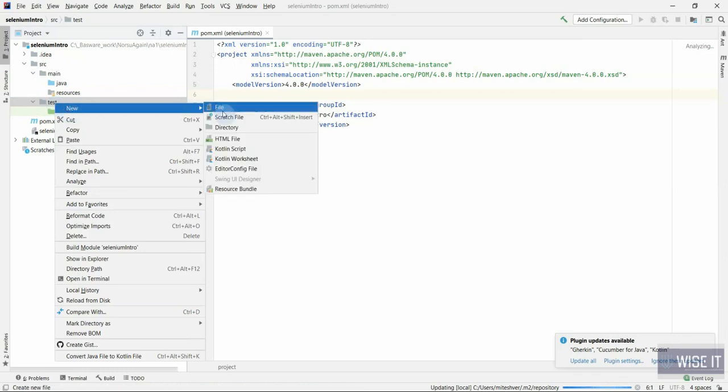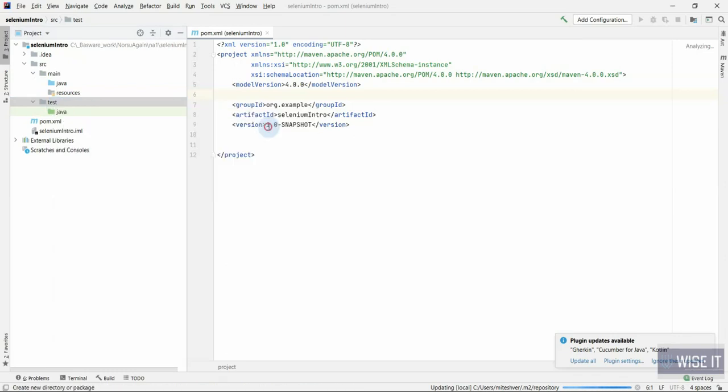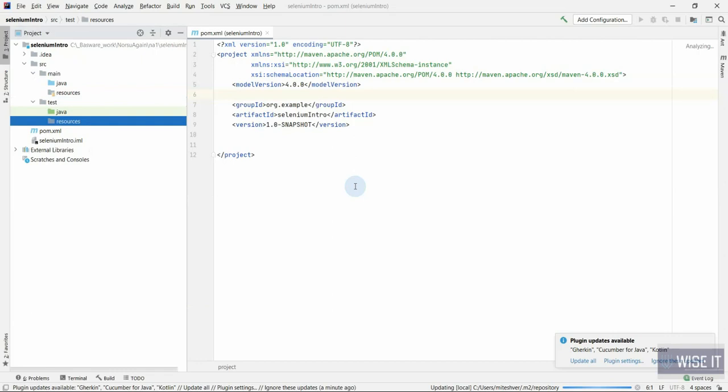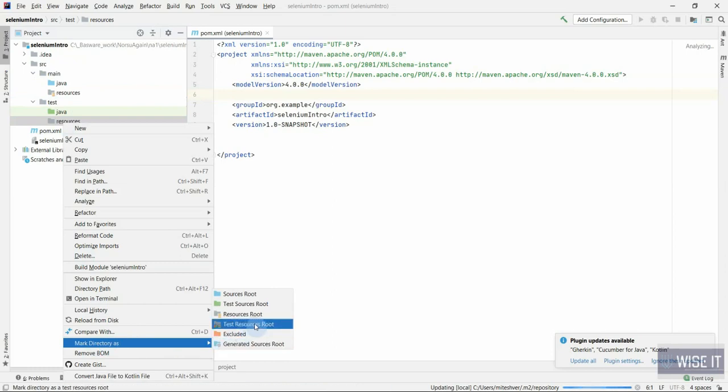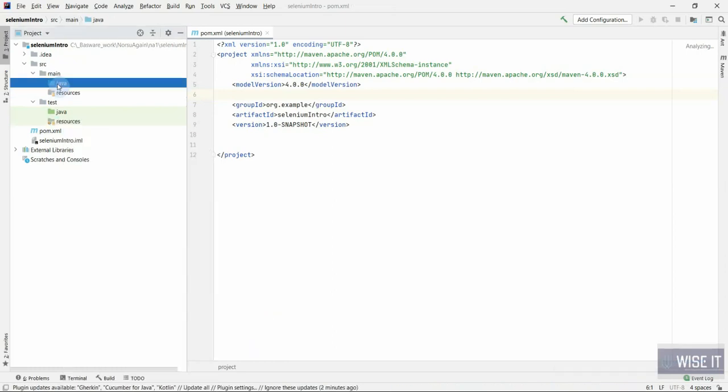So you can also create resources folder here. Click on new and click on directory, name it resources, and just click enter, and just right click and click on this mark directory as, click on test resources root.